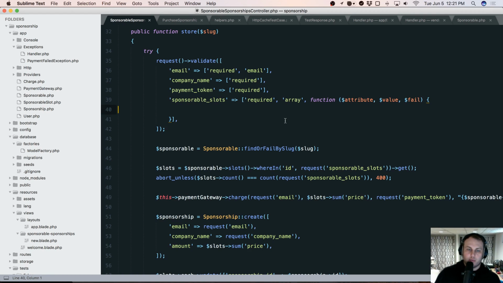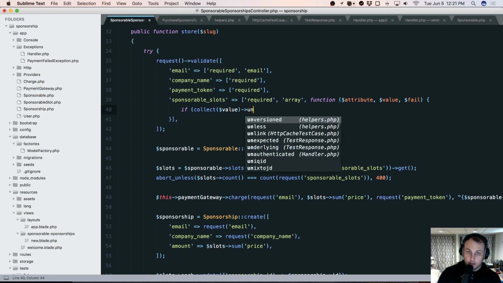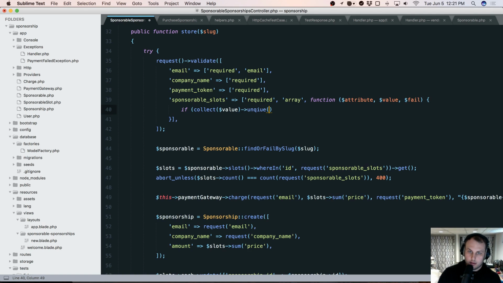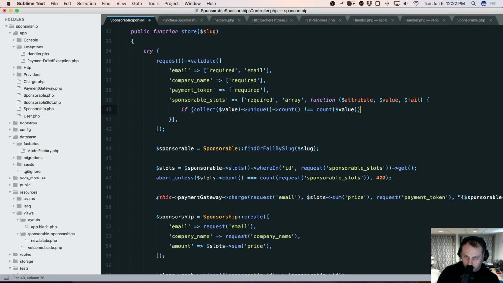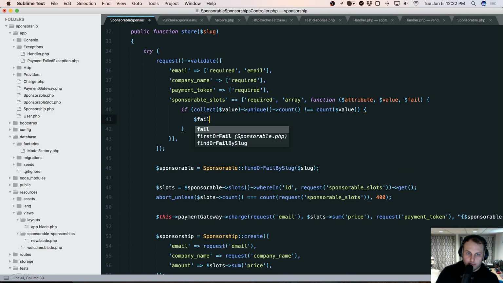Okay, so we have to make sure that they're unique. So one easy way to do that is just to say, if value collect value unique. What am I doing? That looked weird. Unique counts does not triple equal. Then we want to fail